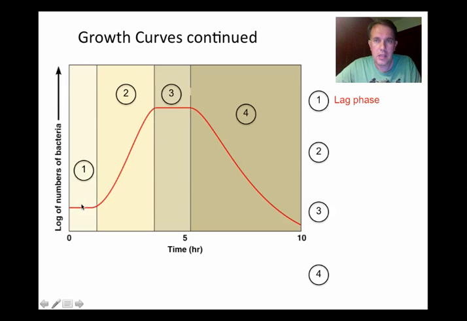The first phase, that flat part of the curve at the beginning here, is, as you know, known as the lag phase. You'll remember during the lag phase, when you first inoculate a culture, the cells need to start cranking out any enzymes they may need to digest material present in the media, and there's really not a lot of growth going on as they get acclimated to the media.